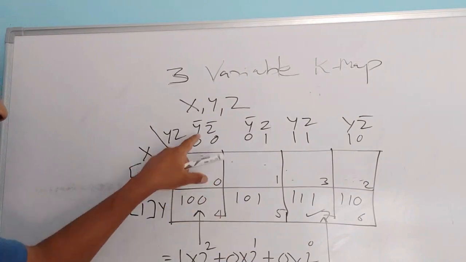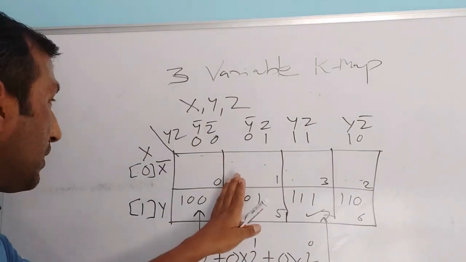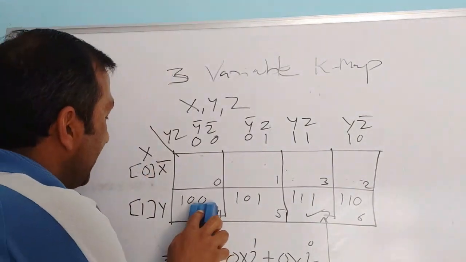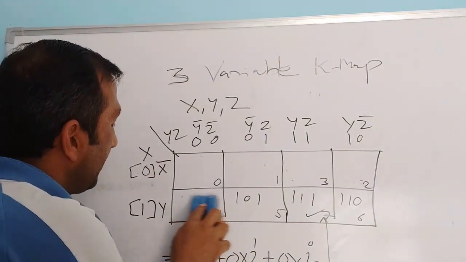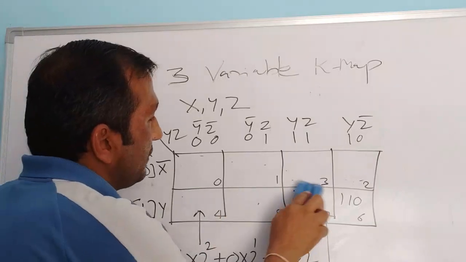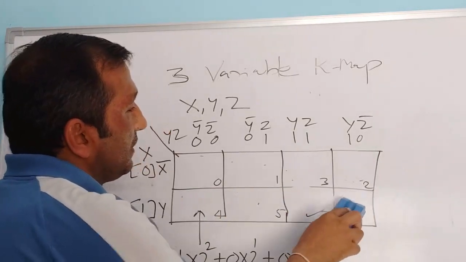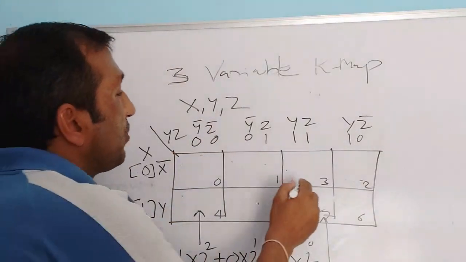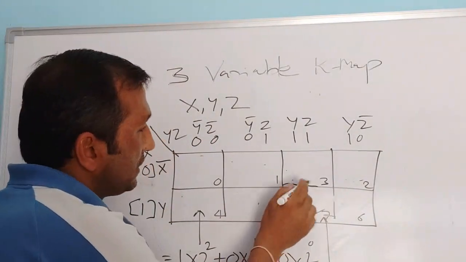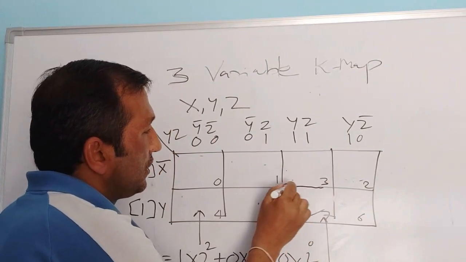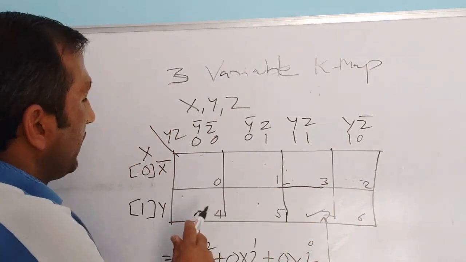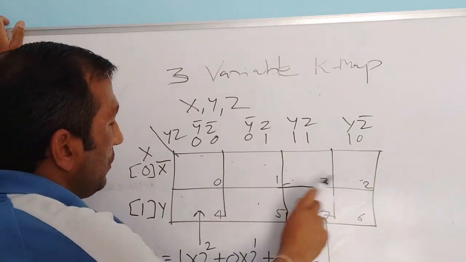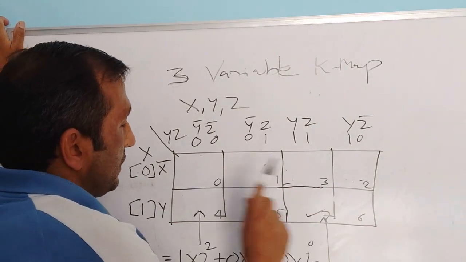It is all based on these binary progression. But surprisingly you will see the sequence is something. Later on you can remember this. You need not write every time or do all this what I'm doing here. This is just to explain to you. Have a look at this. The numbering is 0, 1, gray coding, 0, 1, 3, 2, 4, 5, 7, 6.